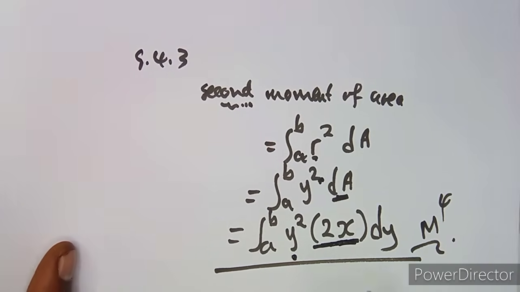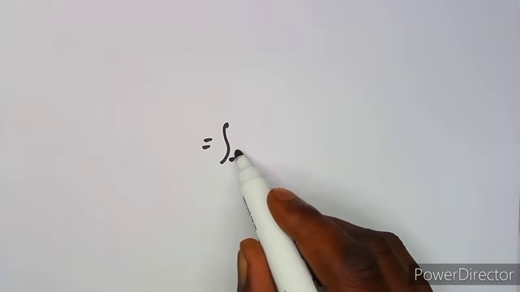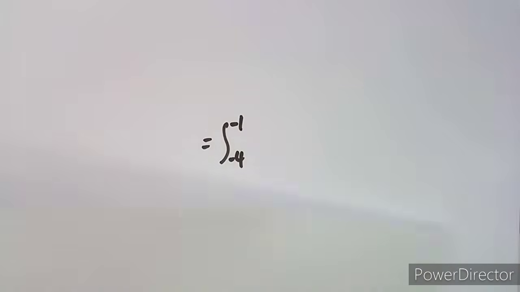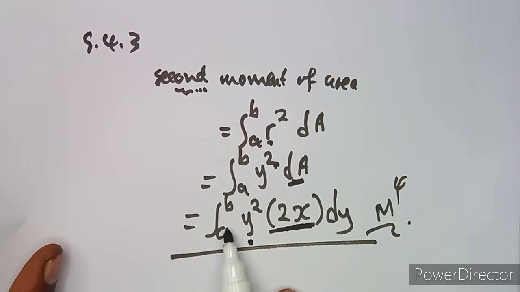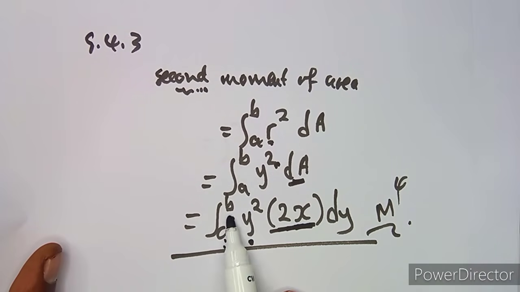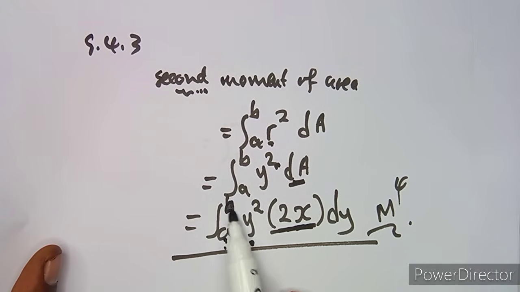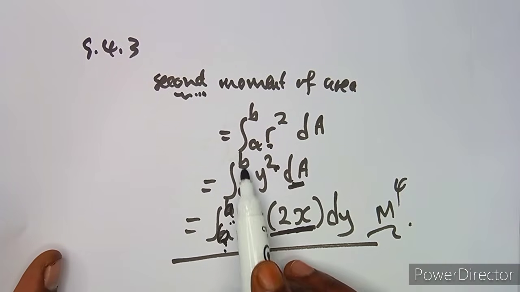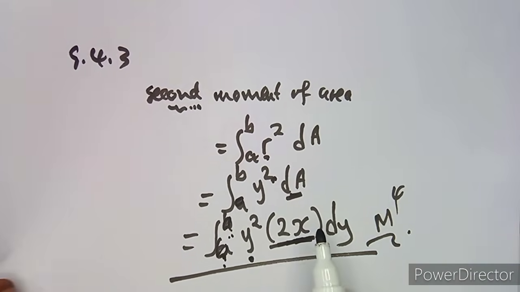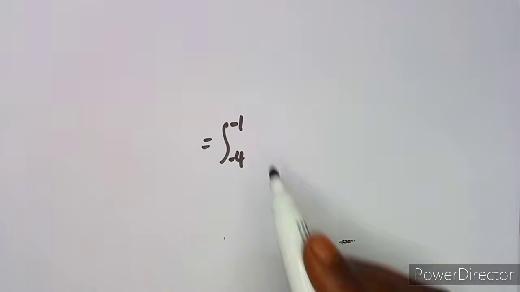All right, so let's have this. You're going to have -4 and -1. These are still repeating as they were with our a and our b there. Does it make sense? We've got a here and we've got b, the upper limit. Anyways, let's substitute and see what you're going to have.